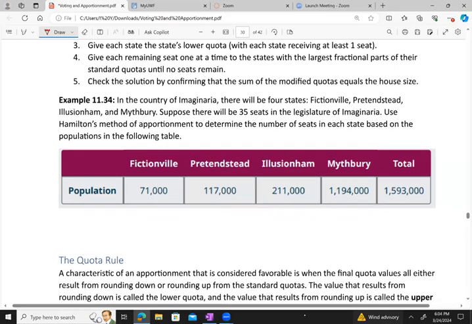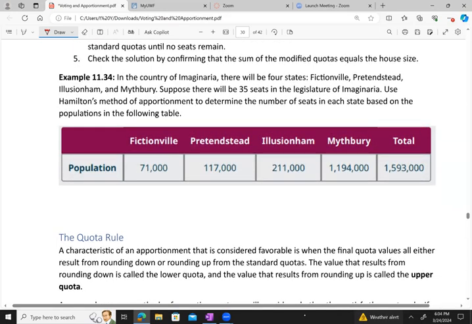Okay, so this example, this information we'll be using for all 4 methods. So, in our country of Imaginaria, there will be 4 states: Fictionville, Pretendstead, Illusionham, and Mythbury. Suppose there will be 35 seats in the legislature of Imaginaria. Use Hamilton's method of apportionment to determine the number of seats in each state based on the populations in the following table. So to find our standard divisor,